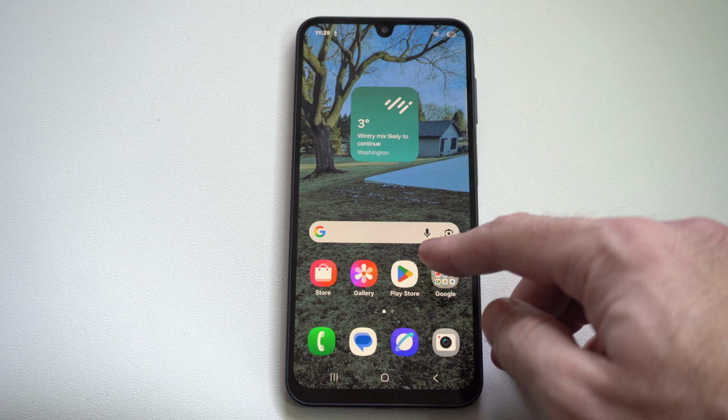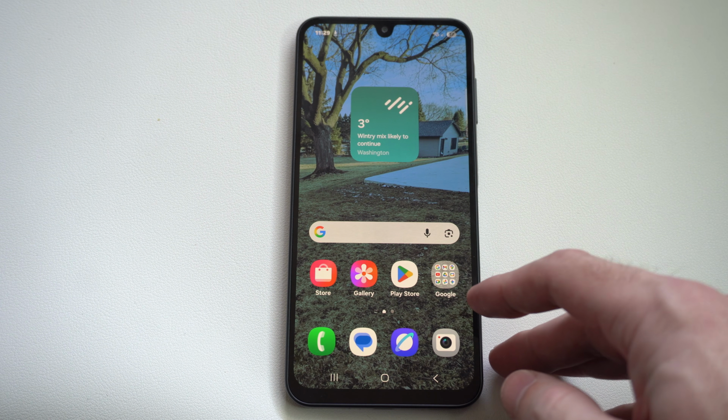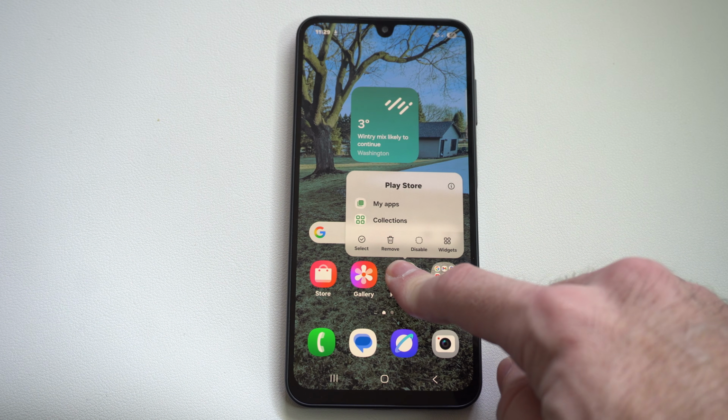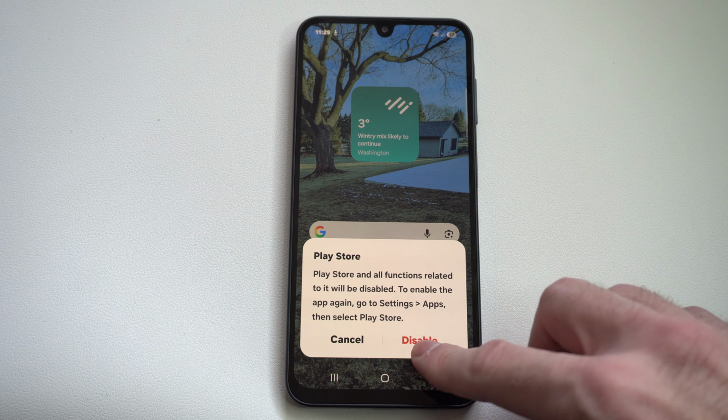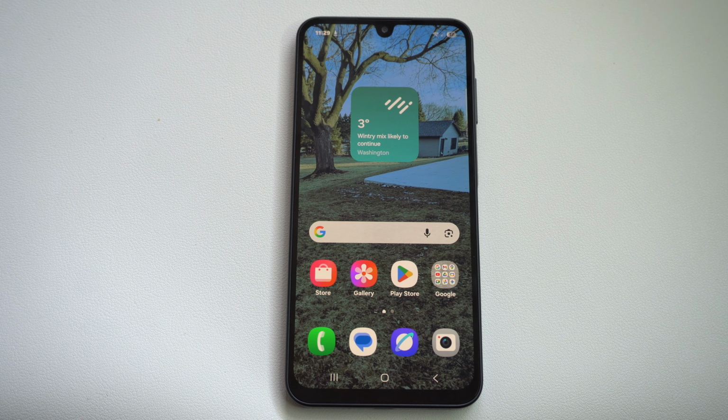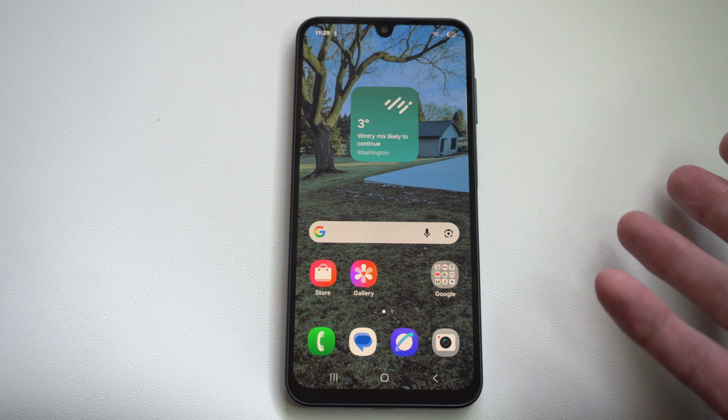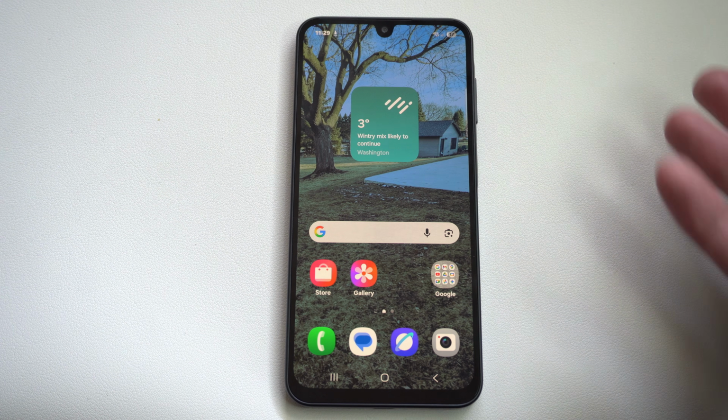Today in this video, I'm going to show you how to enable the Google Play Store on your Samsung or Android phone. So you might have accidentally disabled this. On Samsung, for some reason, they have an option to disable it. I think it's because Samsung has their own store. Maybe that's the reason. But if you accidentally disable it without knowing, all you have to do is go to